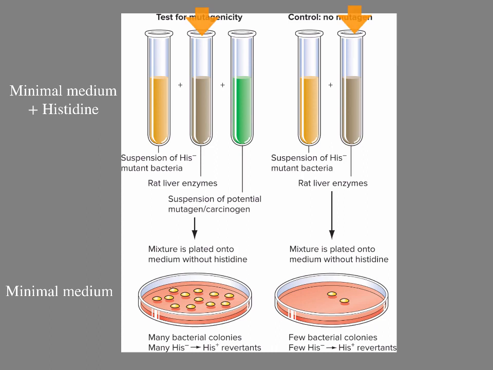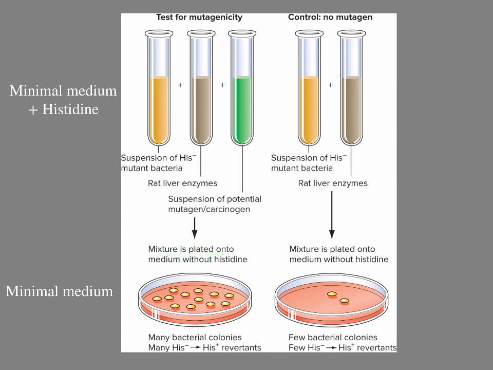to liver enzymes. After many cell divisions in the presence of the suspect mutagen, an aliquot of each bacterial culture is plated on minimal medium, where His- auxotrophs cannot form colonies. Only His+ revertants can. A result like the one shown indicates that the suspect compound is indeed a mutagen. The few colonies from the culture grown without the suspect compound are spontaneous revertants. Many more revertants were present in the culture grown with the suspect compound, meaning that this compound increased the mutation